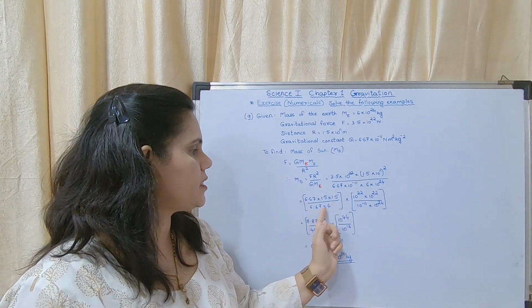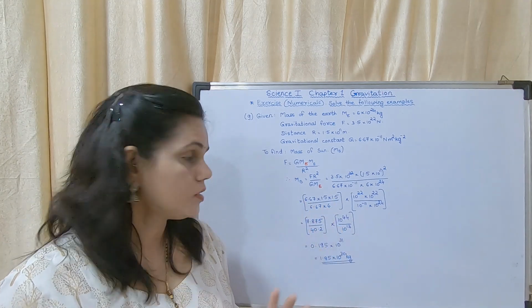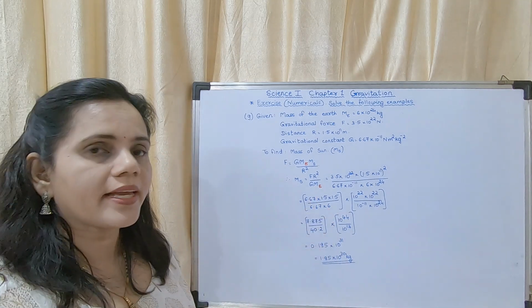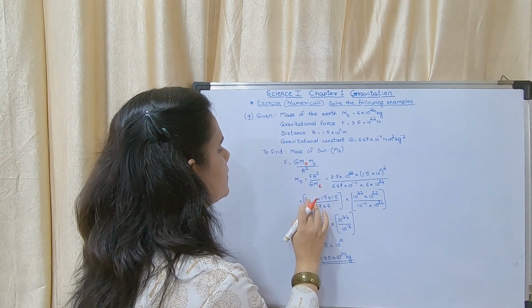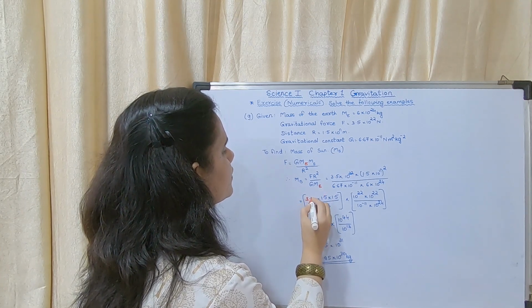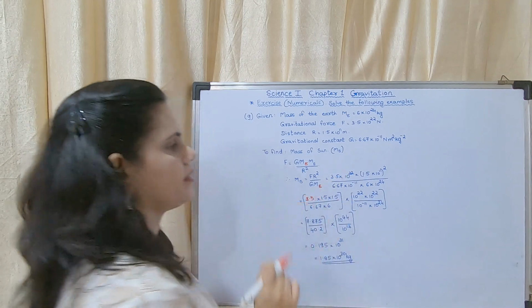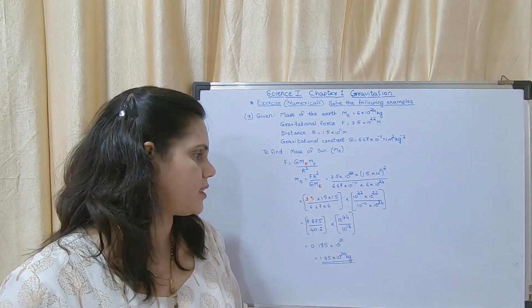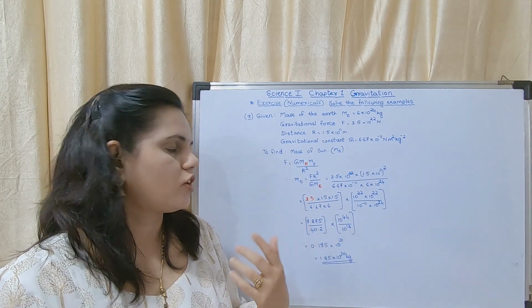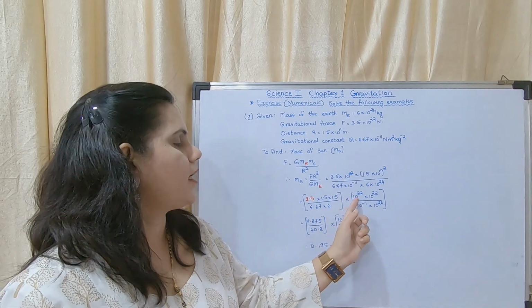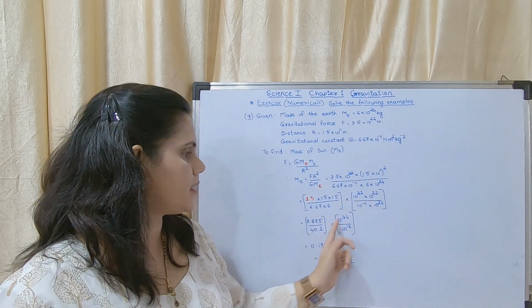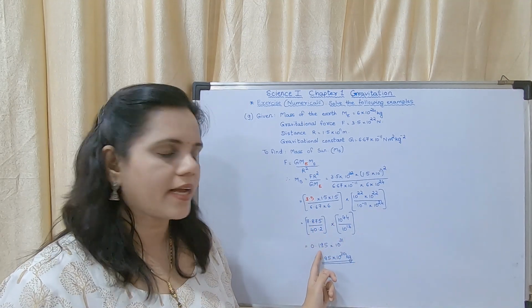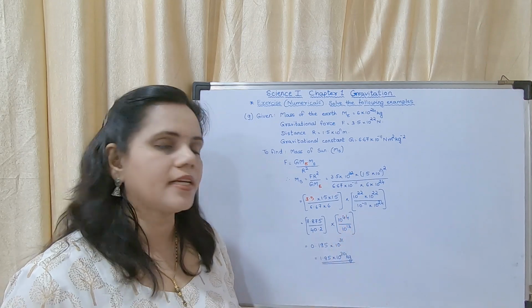This you have to multiply and see. If you are able to calculate, then you may calculate. Here it is not 6.67, it is 3.5. So it is 3.5 into 1.5 into 1.5 upon 6.67 into 6. Whatever you can cancel, you may cancel, and this you may calculate. You will get this as 10^44 upon 10^13. This value you are getting as 0.195 and this value you are getting as 10^31.